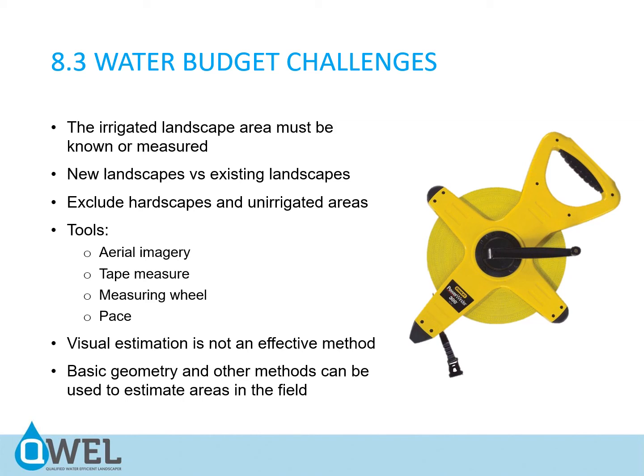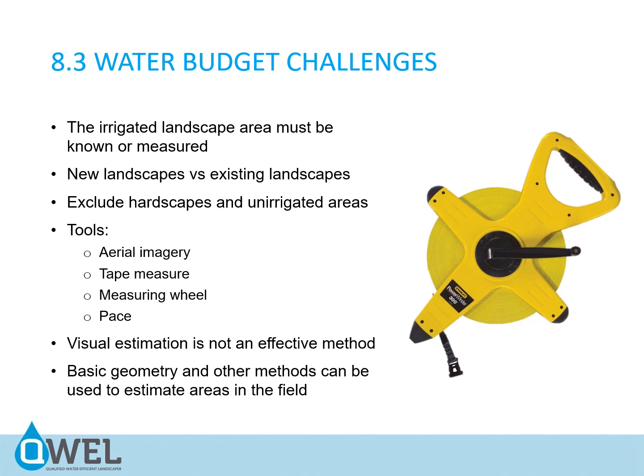So other things that you have to keep in mind is the irrigation landscape area needs to be known or measured. Because the area in the equation is an important component of it, you have to make sure that you measure that area and you know how large that space is. And then you identify whether it's new or existing. If you're doing a total area and you're measuring it, you have to make sure that you exclude the hardscapes and the unirrigated areas. So if you have some patches of plantings within an area, but you also have some bare areas with no plants, you need to make sure that you're not calculating that into your areas